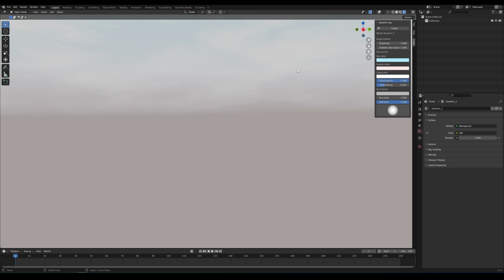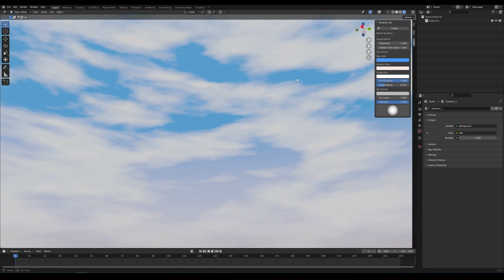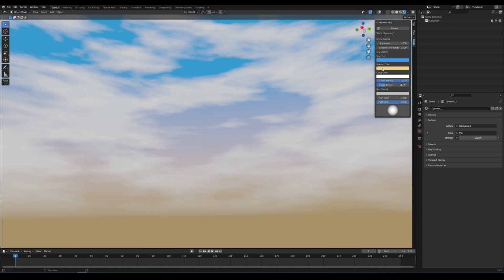For example, brightness, shadow color, saturation, of course sky color, for example like this. Horizon color, cloud density,